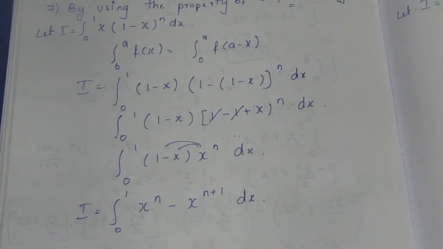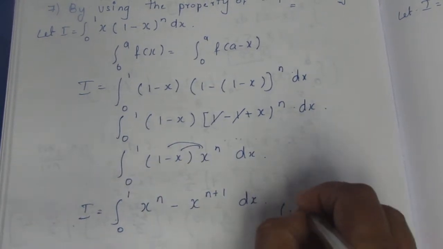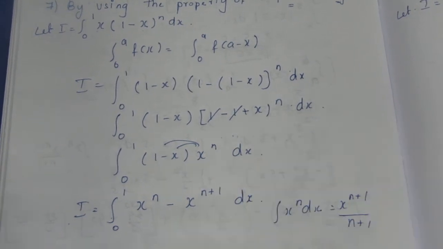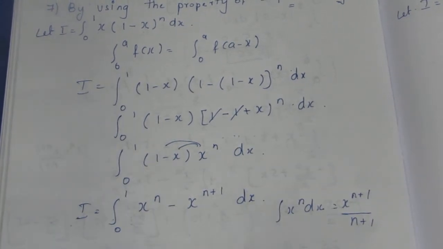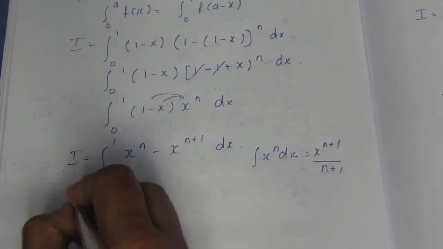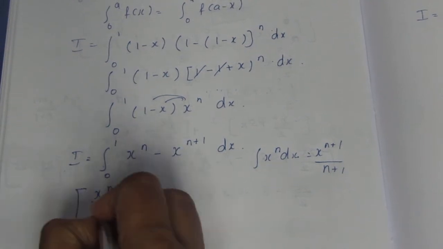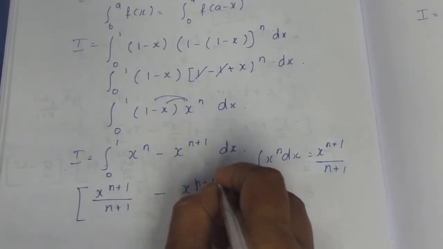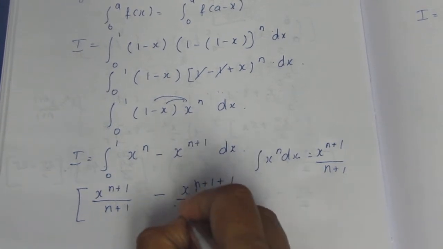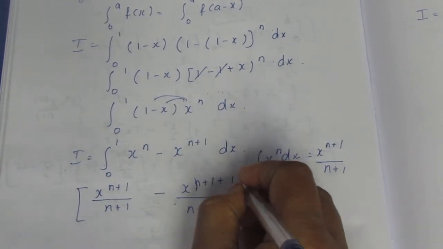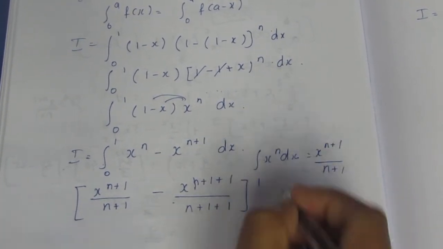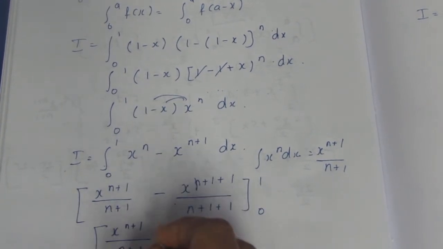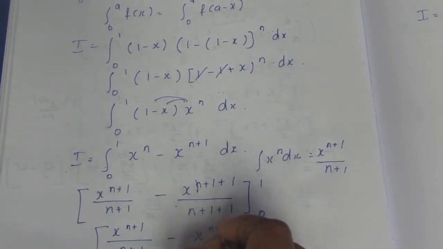Separately, we can do integration. We know the integration formula for x power n dx is equal to x power n plus 1 by n plus 1. So we can substitute this formula here. We can solve this. It becomes x power n plus 1 by n plus 1 minus x power n plus 2 by n plus 2